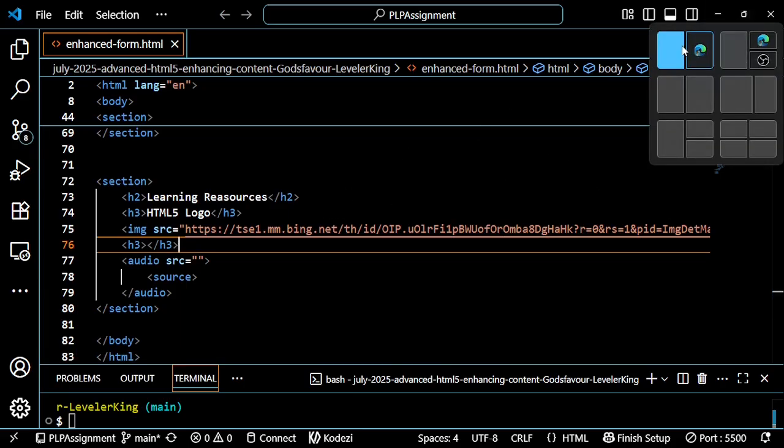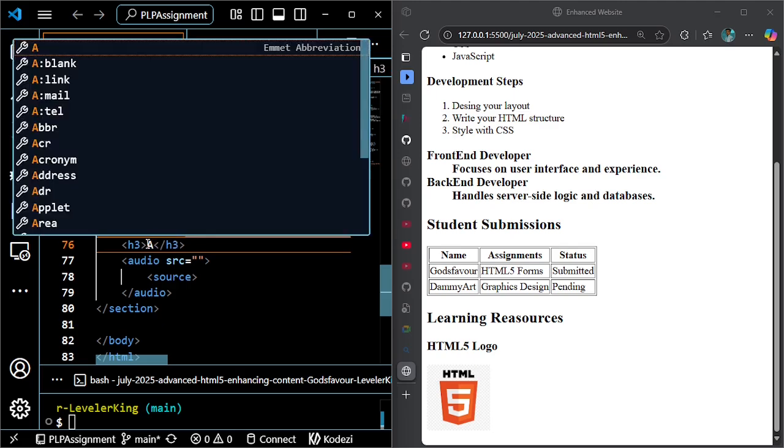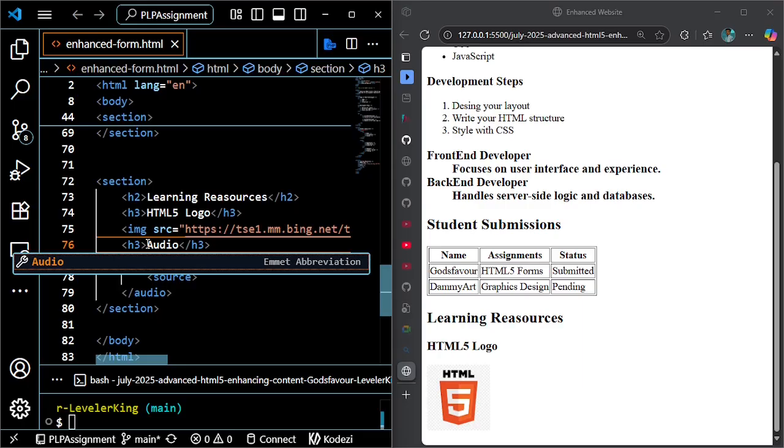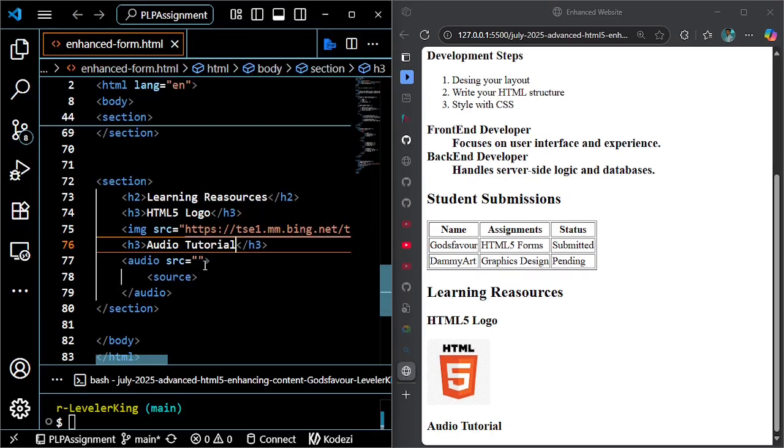So now to the next line. Let me shrink this again. Alright, so it's down here. Then to the next line, I have my H3. So let me do, what do I do here? Audio. So audio tutorial and my audio source. So let's just say